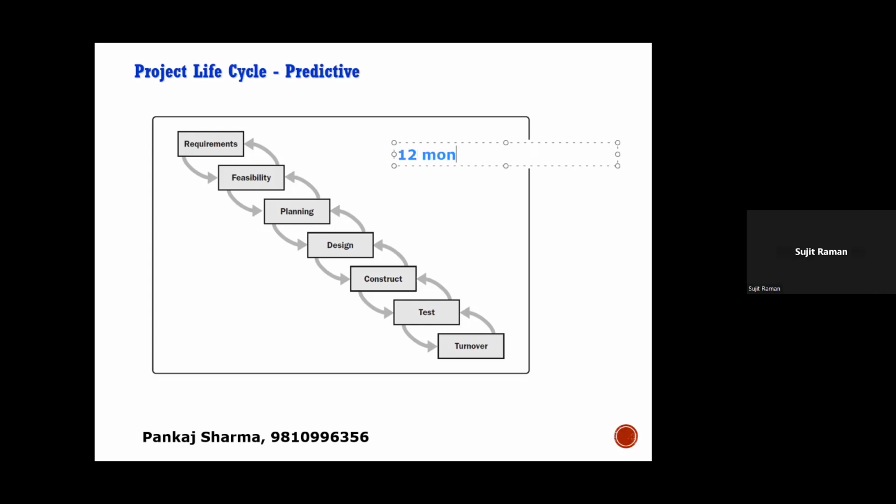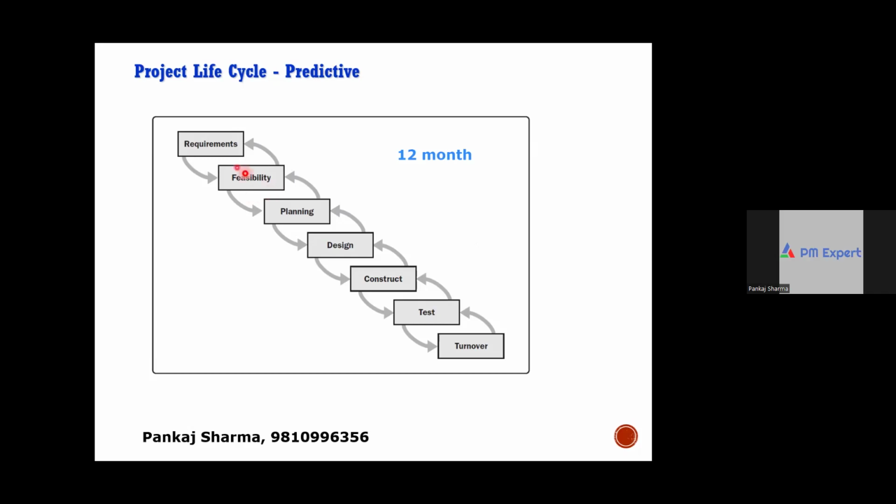So we are saying waterfall is better for small projects: small, simple, less uncertain, less complex. This can be very highly efficient for simple projects, small, simple, with almost no uncertainty. But let's see the disadvantage of this waterfall or predictive approach when the project size is big and has some uncertainty. Can we consider a 12-month project, Sujit? Suppose a project is 12 months.